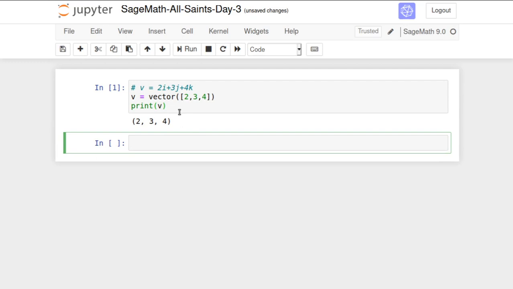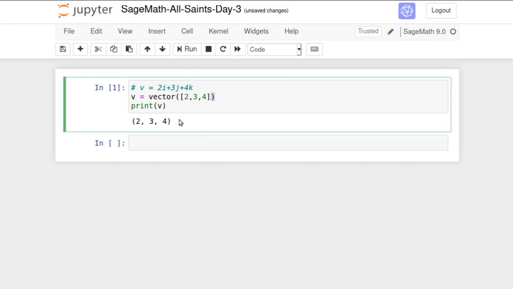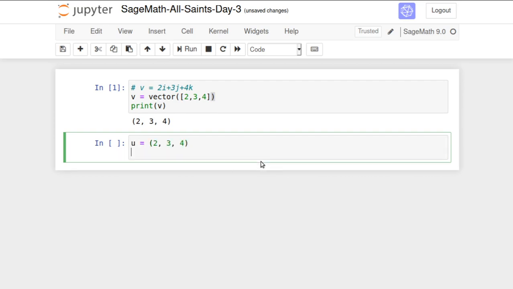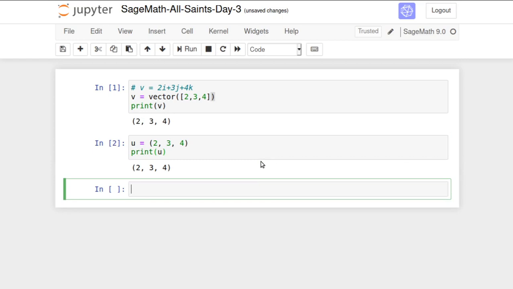See that I have enclosed it in a square bracket, but the output is coming in ordinary parentheses. But there is actually a difference if you simply put 2, 3, 4 in ordinary parentheses and do not use the vector command. For example, suppose I write u equal to just this, and ask Sage to print u; then I will get exactly the same output. But even though these two objects v and u look the same, they are not exactly the same. To know why they are different, let us see